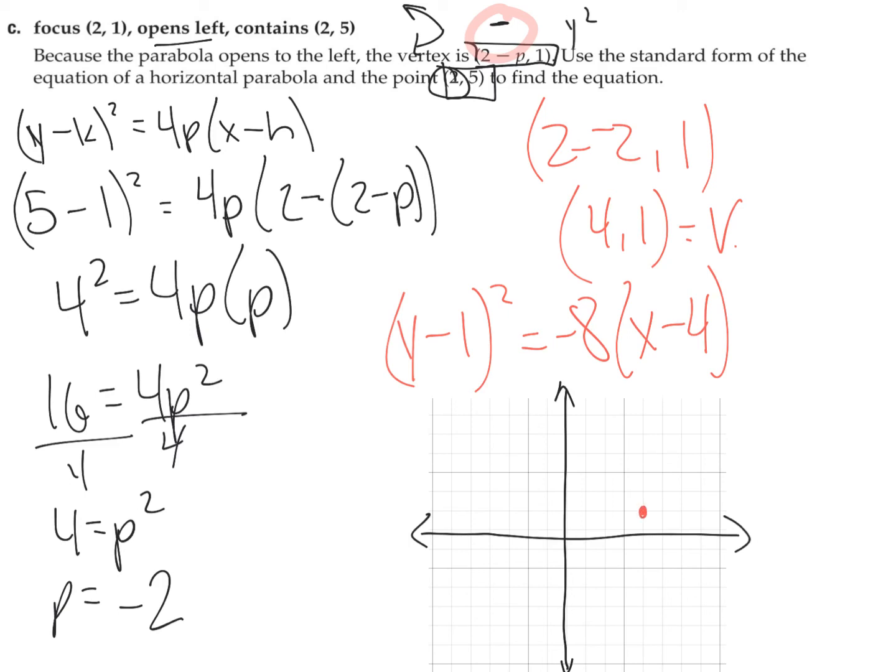The hard thing people get confused on is they are used to having an x minus h plus k format, within that family, and they only make one thing the opposite of the signs. This one is all of them. So that's why we've got that 1 as our y. That's our vertex. And then our focus is at 2, 1,